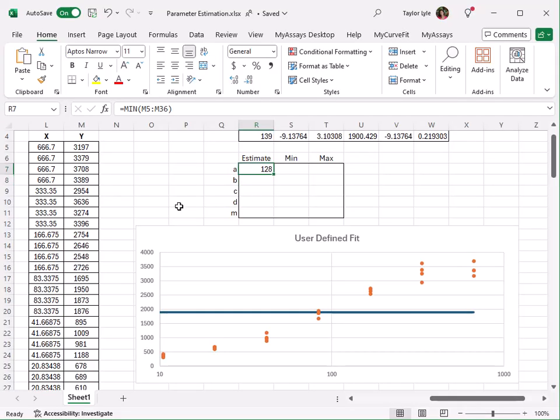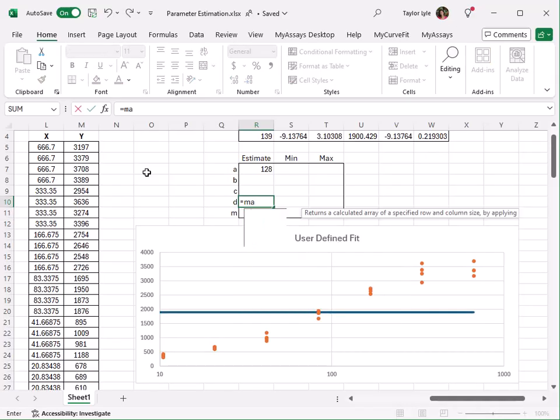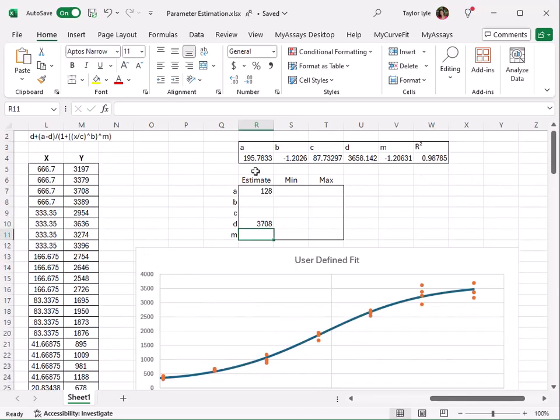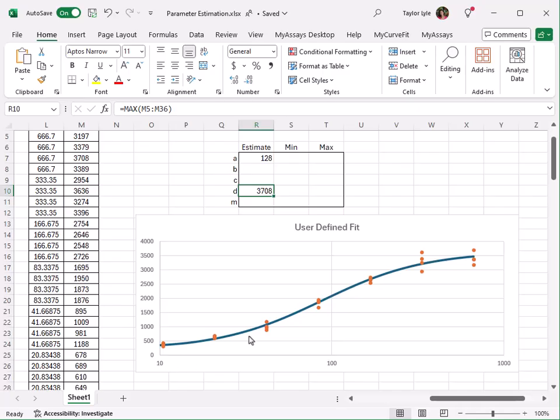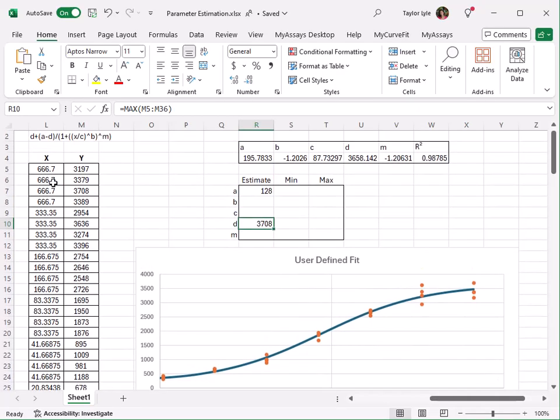Similarly, I'd like the D parameter to be close to my maximum y-axis value, so I can either enter manually 3708 or enter equals max and again highlight our y-axis values. This will return the maximum value. So with that value entered, you can see that our curve looks great now, modeling our data quite well. So for this data set, I don't think we need to add starting point estimates for any of our other